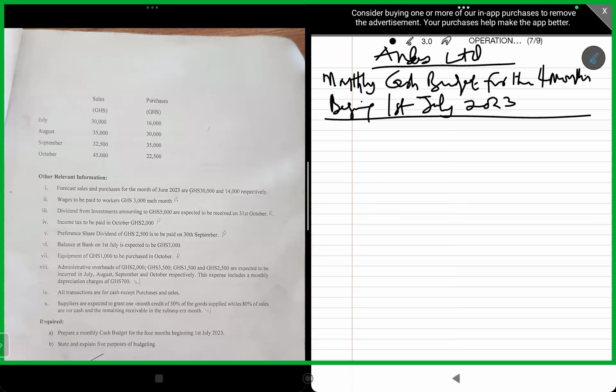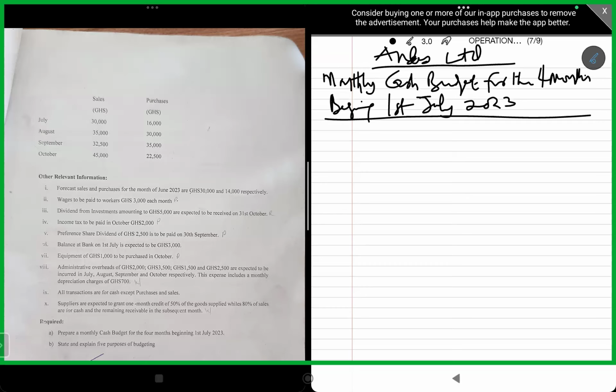Okay. So we have sales, we have purchases. July sales is 30,000 and purchases is 16,000. August is 35,000 and 30,000. September is 22,500 and 35,000. October is 45,000 and 22,500. Other relevant information. 1. Forecast sales and purchases for the month of June 2023 are 30,000 Ghana cedis